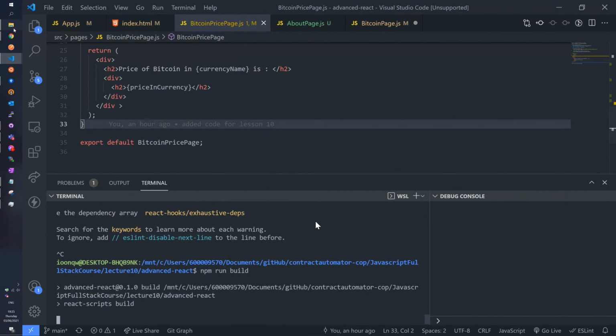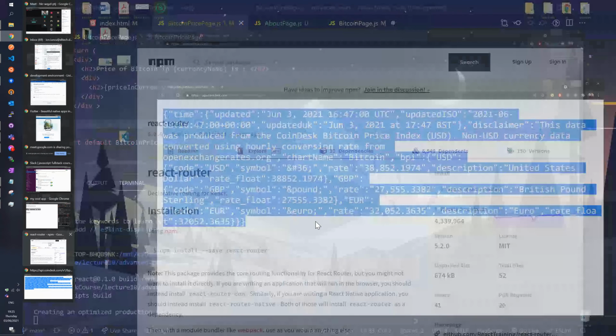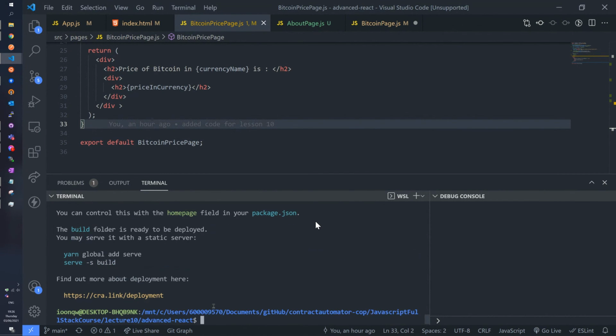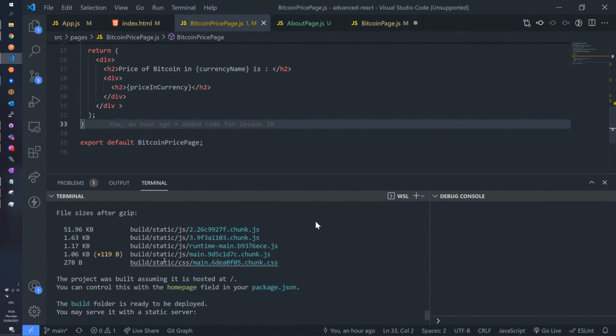Meanwhile, maybe I have some theory here on one of the slides. So what it tells us here is that it creates an optimized production build. Also keep in mind that it's an optimized build, which means that your code will be minified, meaning that all the extra spaces are deleted and it becomes lighter and so on. And it doesn't have all the debugging capabilities you have normally. Oh, that's it. It created the web page now.